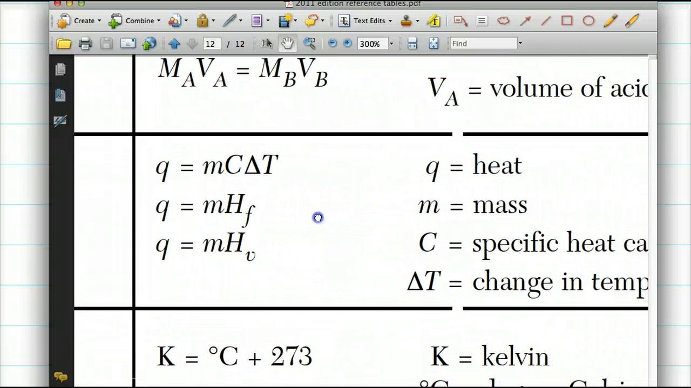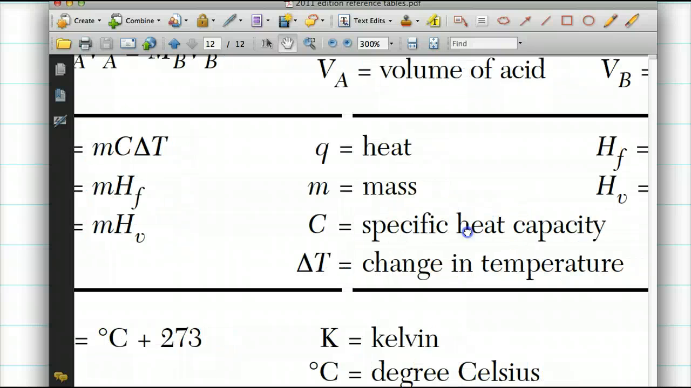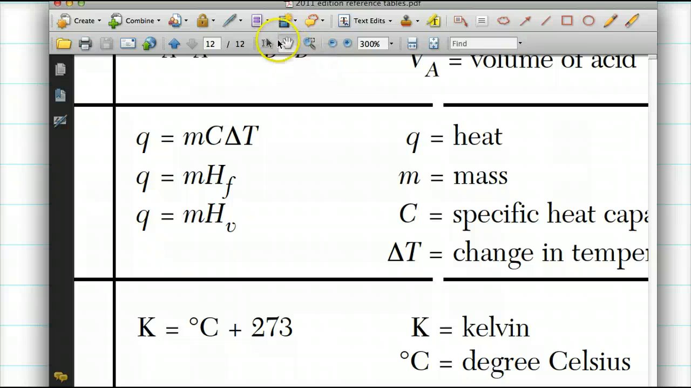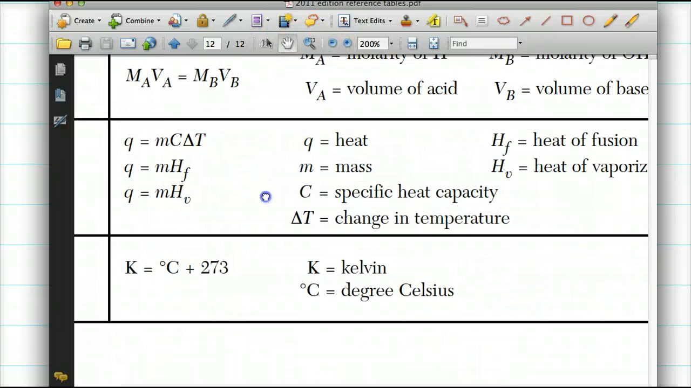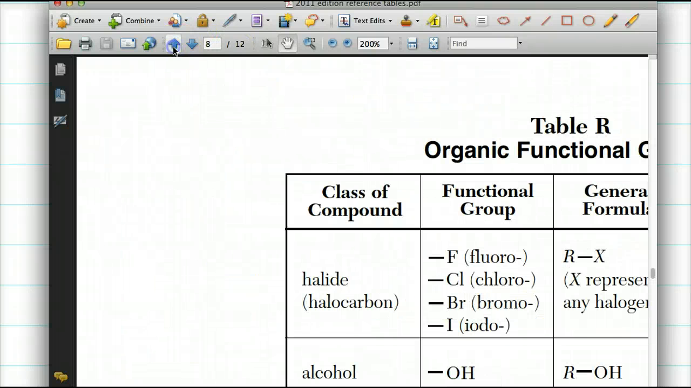Q equals mc change in T. They even tell you Q is heat, m is mass, c is specific heat, and the change in temperature. There is your formula. So it's right there given to you. Okay, and we need to go also into table B, because in table B they give you what specific heat